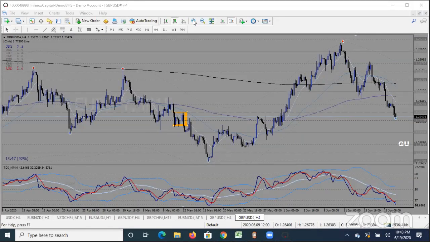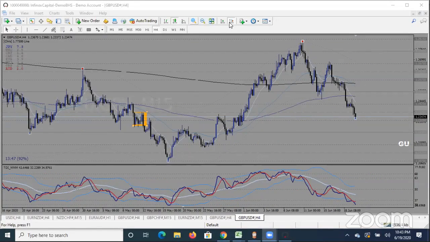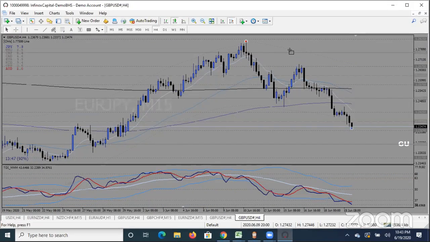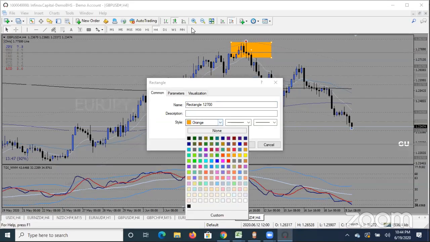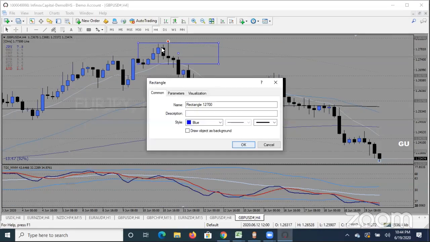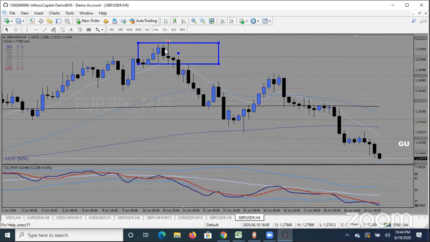Okay, but before then, let's discuss what happened sometime within the week. So we basically have price making higher highs. At this point, let me make this thicker. At this point, this bullish candle was the highest point, and price was dropping down, right? At this point where we have this bearish hammer